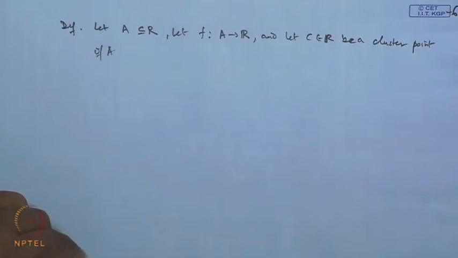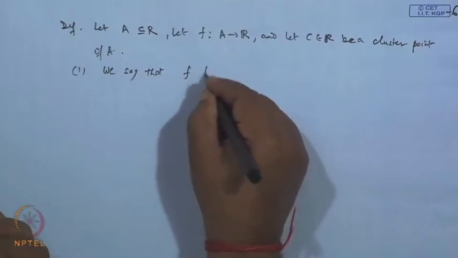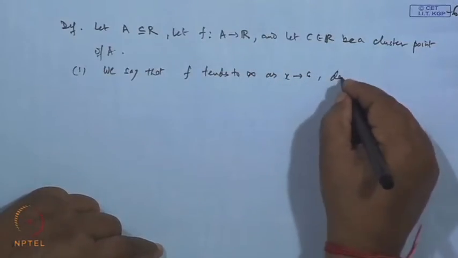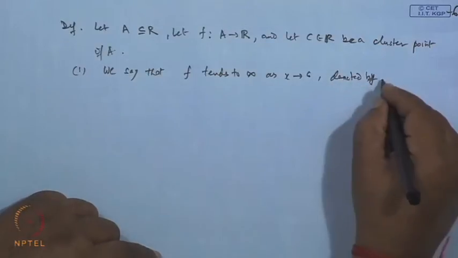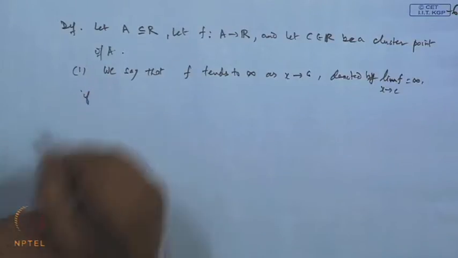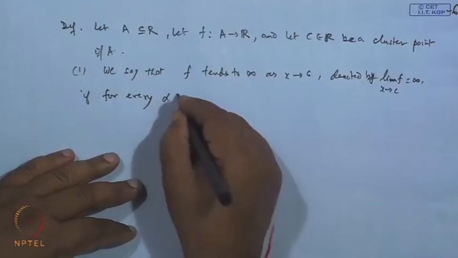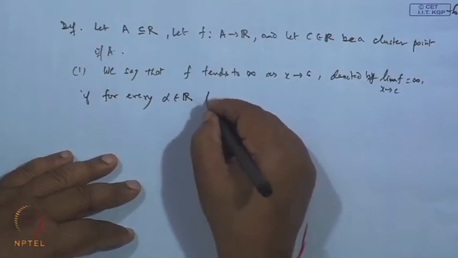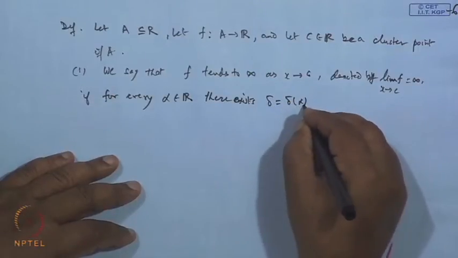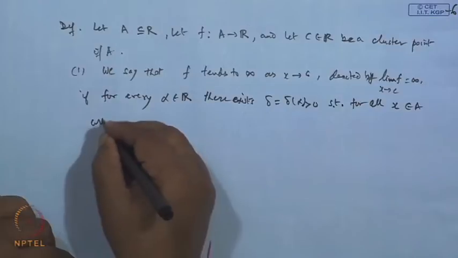Cluster point of A. Then we say that f tends to infinity as x tends to c, denoted by limit of f when x tends to c is infinity, if for every alpha belongs to R, there exists a delta, which depends on alpha, positive, such that for all x belongs to A with the condition